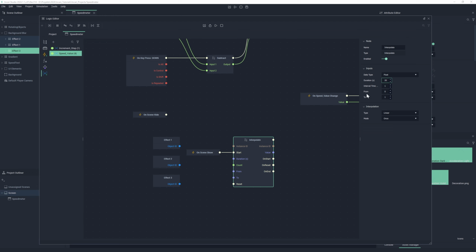The next two attributes are from and to. These are the start and end values. Because we want to rotate a full 360 degrees, let's set these to 0 and 360. The next category of attributes relate to how the values are interpolated. The most common interpolation type is linear interpolation, which means that the values will be changed in a straight manner